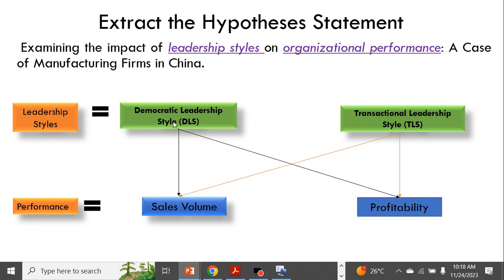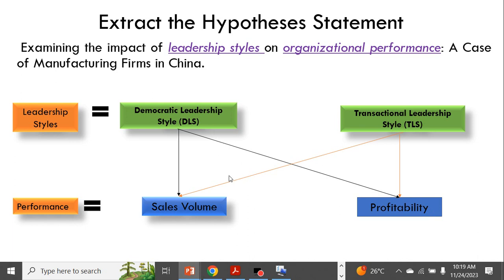We've been able to extract two of the processes that can be used for leadership style and that can be used for organizational performance. Out of several measures that are available in literature, we chose democratic leadership style and transactional leadership style as our example. Likewise, for organizational performance, we chose sales volume and profitability as the case may be.